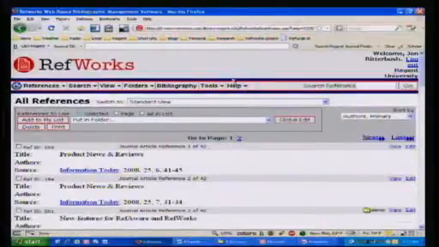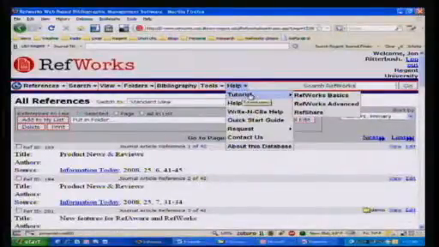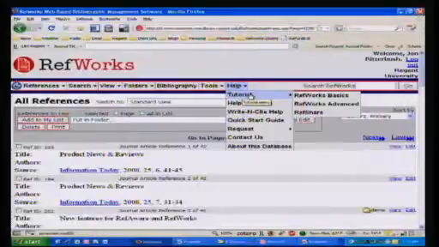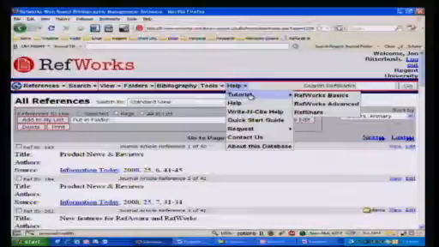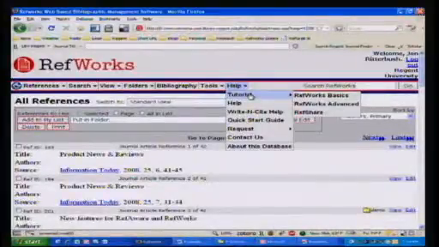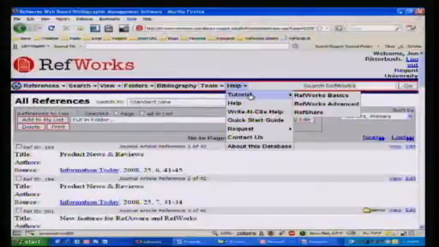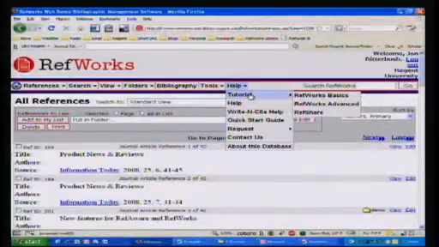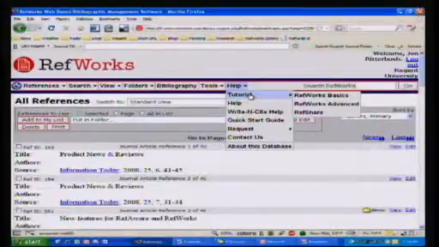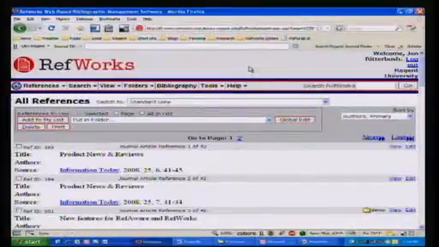And there are some really great tutorials here available through Refworks, and you don't even need to log in. I'll give you that URL here at the end of the slideshow, but there are some Flash tutorials that you can view if you want to review some of the concepts or topics that we hit on tonight. There are some great tutorials available online that will step you through specific steps of using Refworks more fully. So with that, I've given a little bit of a guided tour here of the Refworks menu bar,